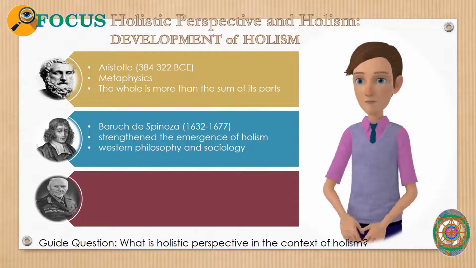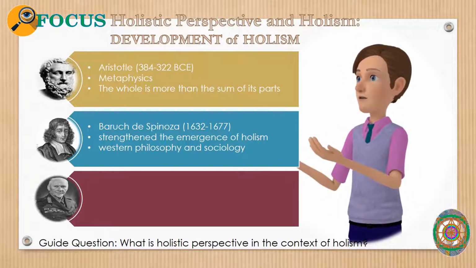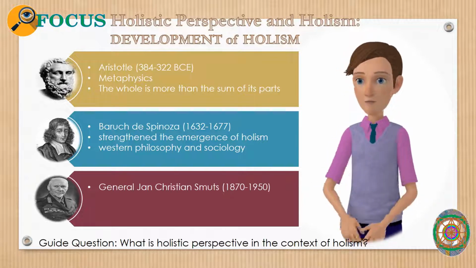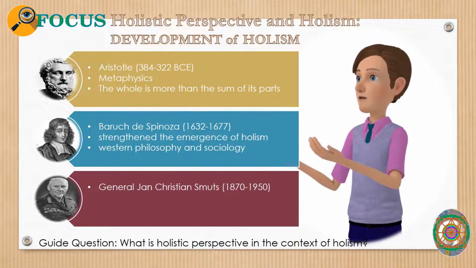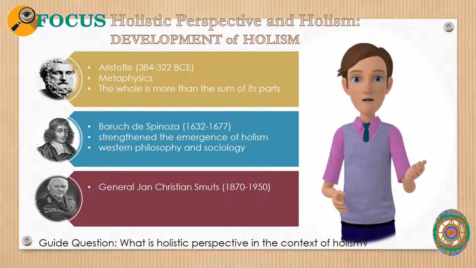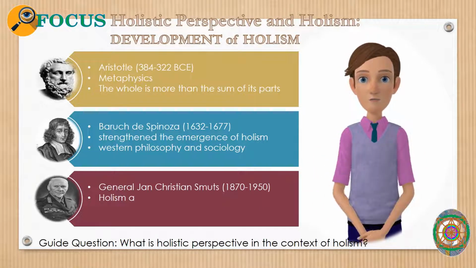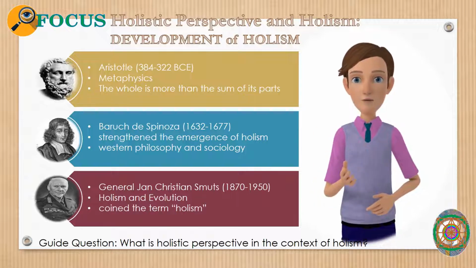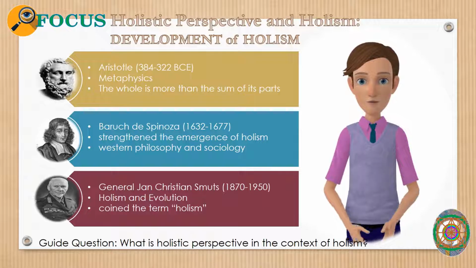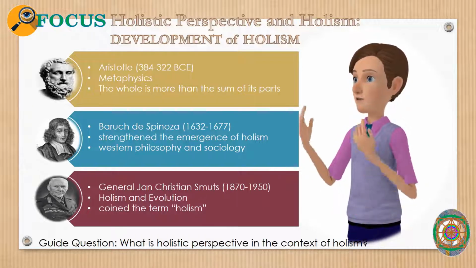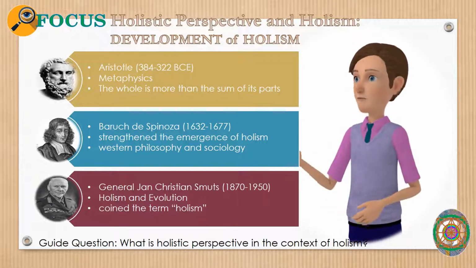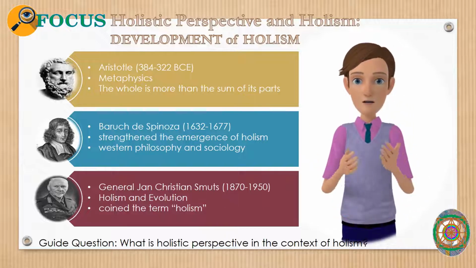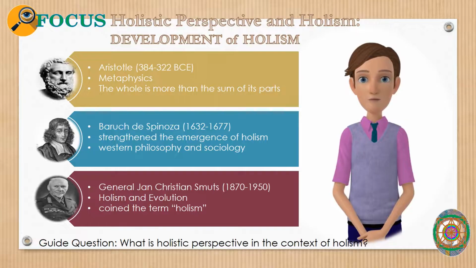515–450 BCE. The term holism was first used by General Jan Christian Smuts, 1870–1950, fourth Prime Minister of South Africa. He conceived holism in his book Holism and Evolution in 1926. According to him, there is the tendency in nature to form wholes that are greater than the sum of the parts through creative evolution. He further explained, this factor, called holism in the sequel, underlies the synthetic tendency in the